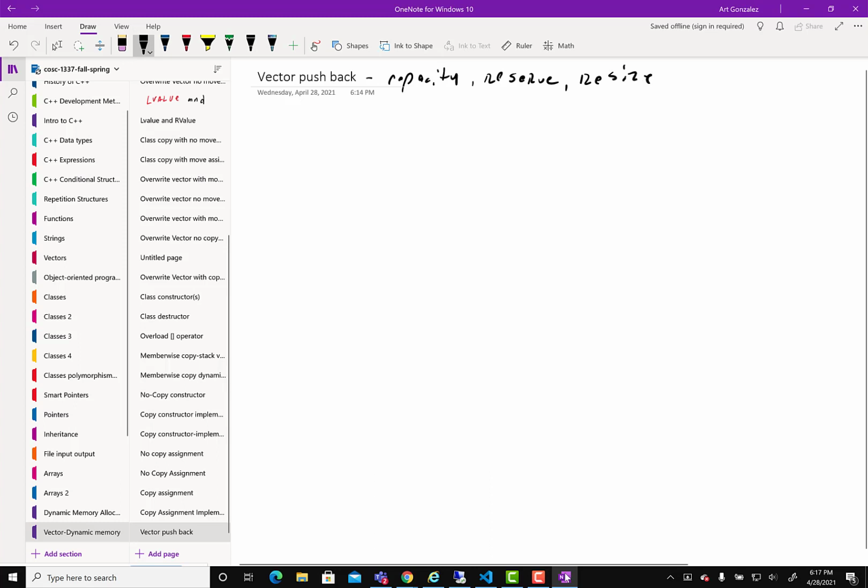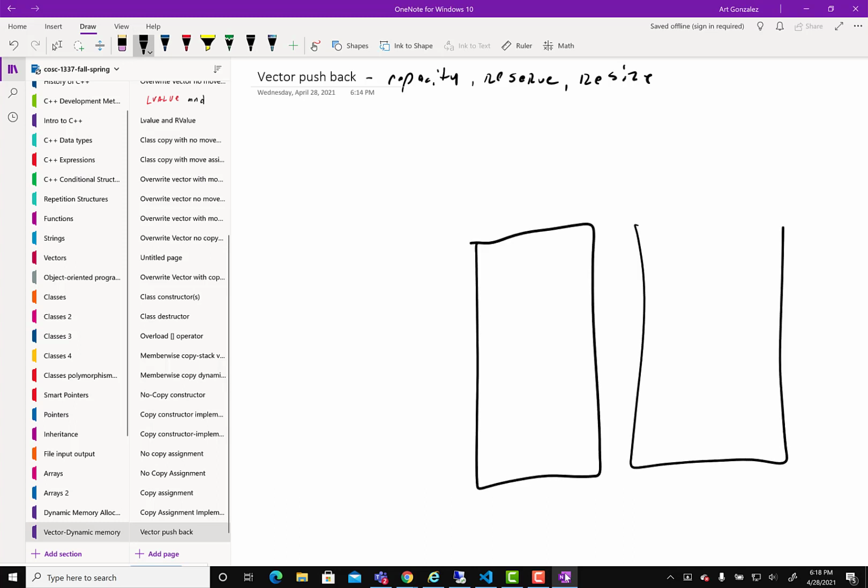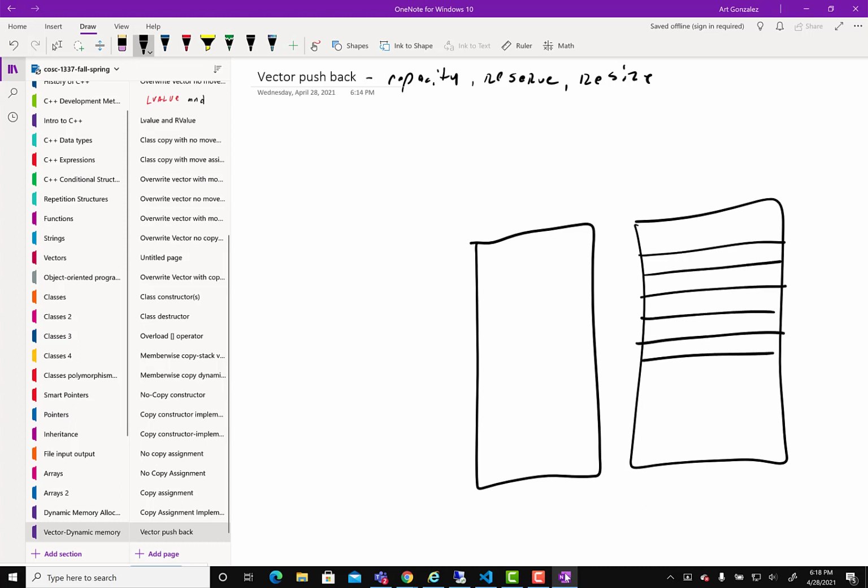Okay, so in a vector we may have, say, 1, 2, 3, 4, 5, 6 slots, but only these 3 are available to be written in. So 1, 2, 3, and then these ones are reserved, so the capacity of the vector is 6, meaning if